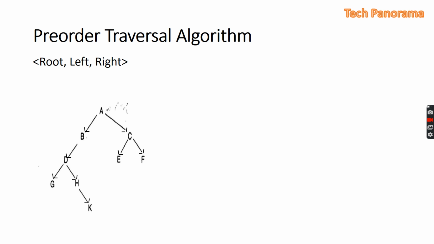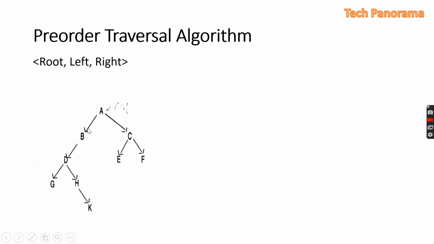As we know, the pre-order traversal processes the tree by processing first the root, then it will proceed down the left, then it will proceed down the right. So before starting the algorithm, I would like to tell you something. As we know, the tree is traversed from top to bottom. We cannot traverse a tree from bottom to top. So there is a need to store the right part of the tree so that we can process it later on.